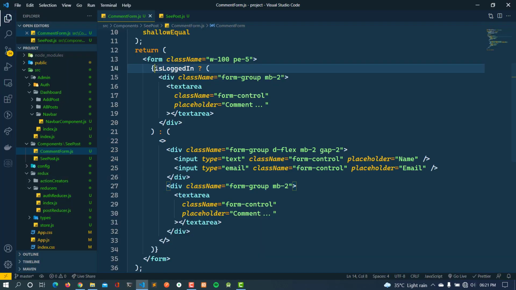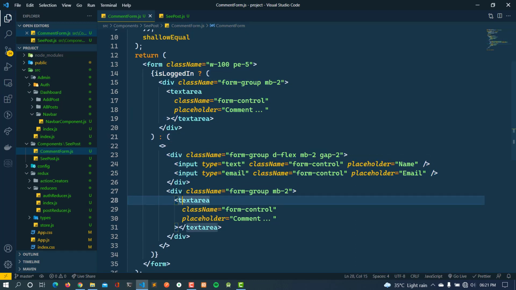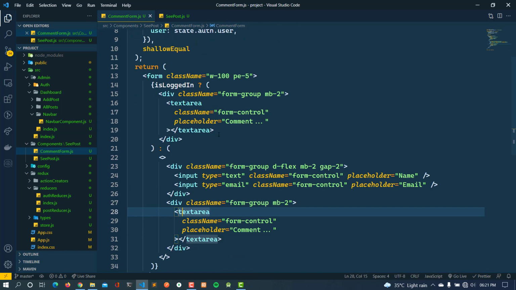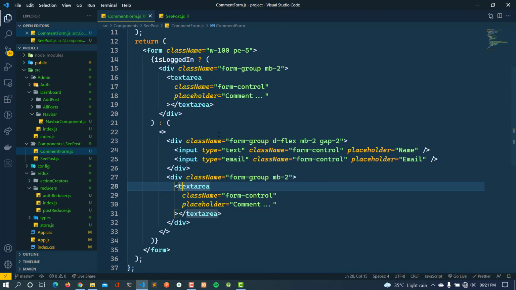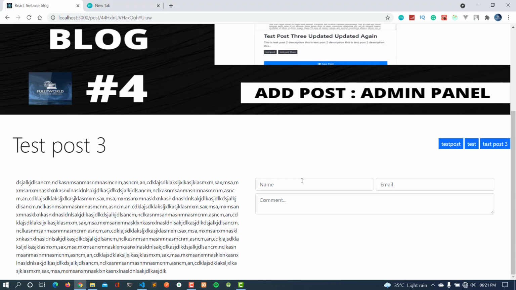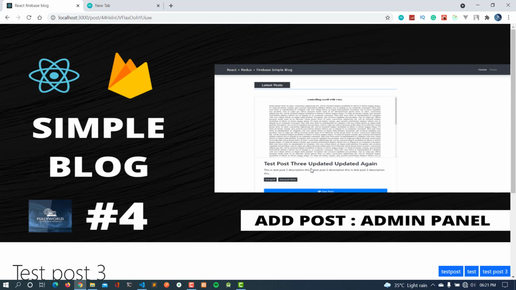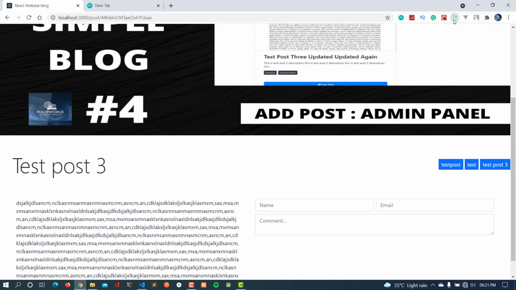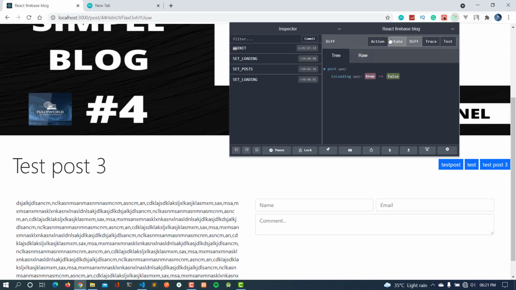So if the user is logged in, then we are going to show this. If the user is not logged in, then we are going to show this. But our user is logged in, so why are we getting this here? We should not get this here. See that when I go to the state here, isLoggedIn is false.